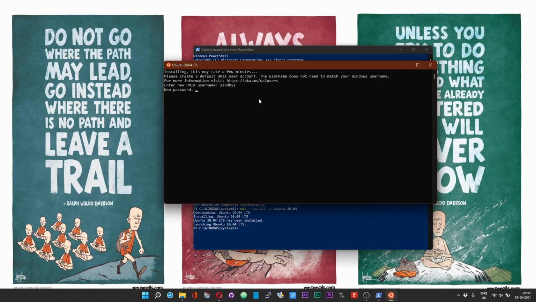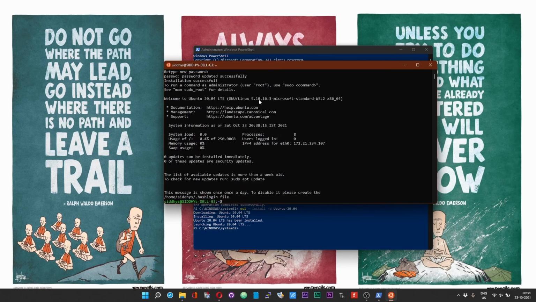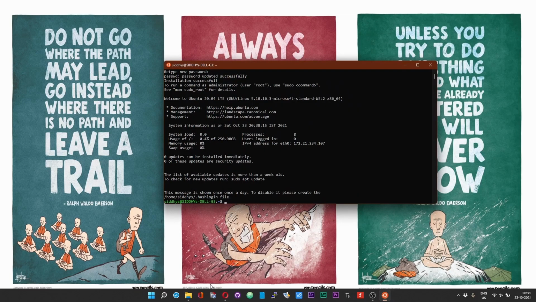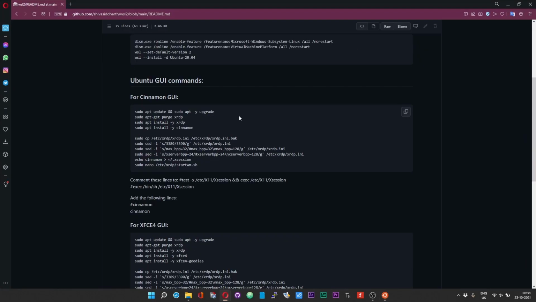And then the password. Okay, so once you have the Ubuntu machine configured, you can close the PowerShell. Now the rest of the commands are to be entered in the Ubuntu terminal.